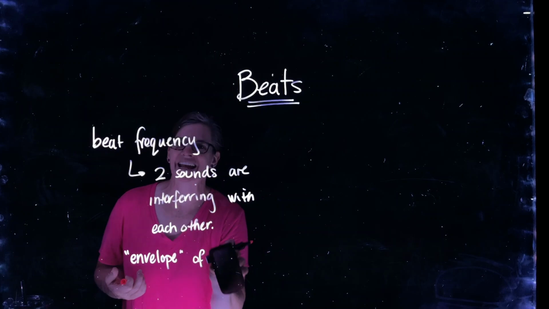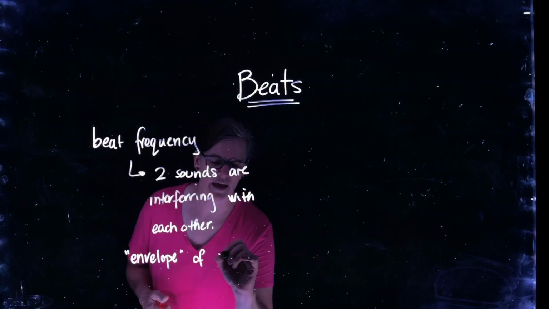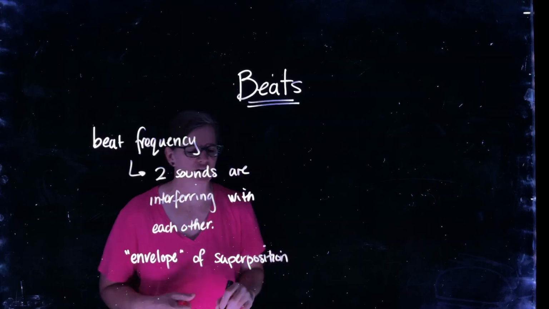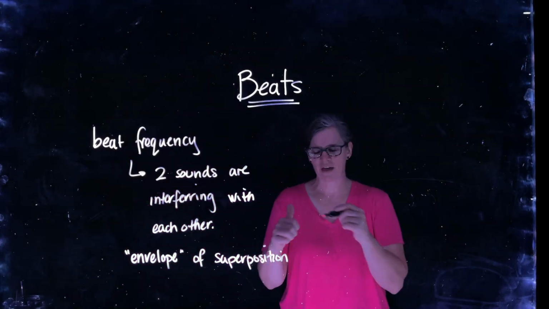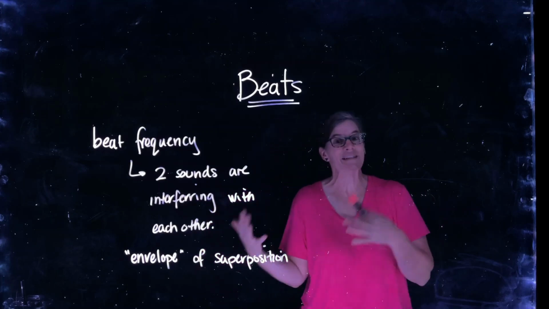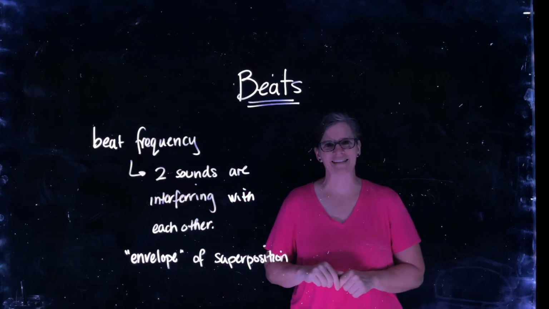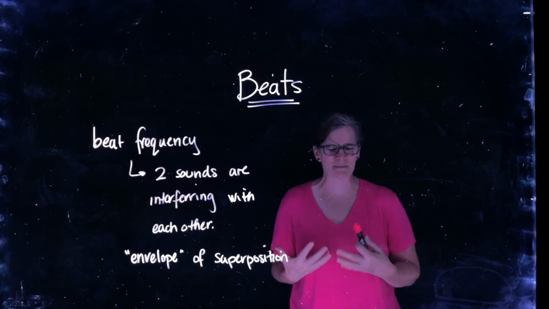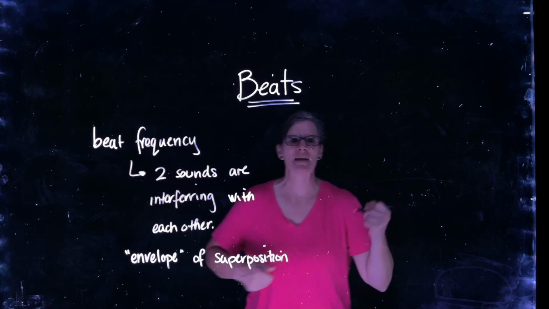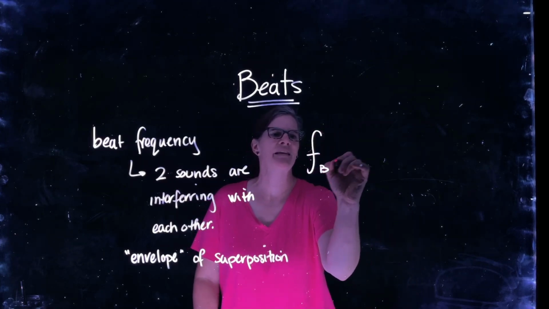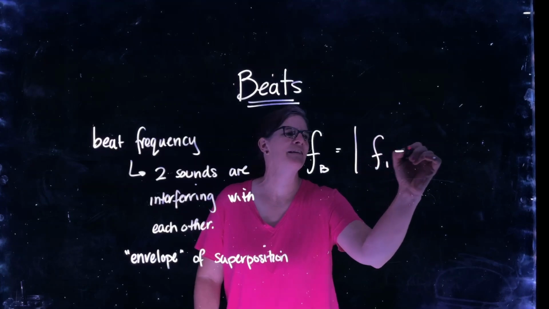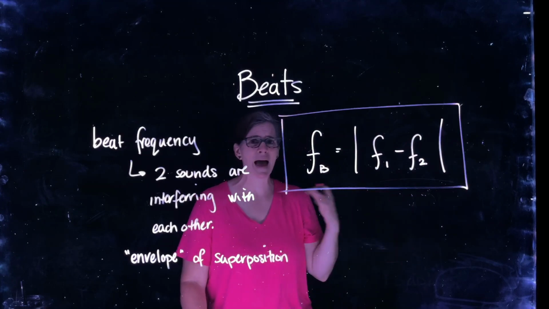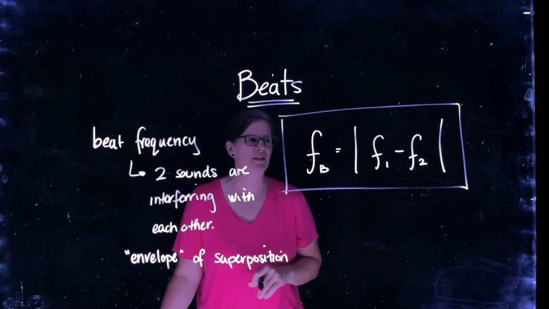I'll use that word instead because that's how we describe the resultant wave when we learned about how waves interfere and act with each other. So the frequency of the envelope of that superposition is what we refer to as the beat frequency. So where does it come from? It's actually beautifully simple. I love when physics is so beautifully simple. The beat frequency is simply the difference between the two frequencies. That's it. Mathematical subtraction, the difference between the two frequencies.